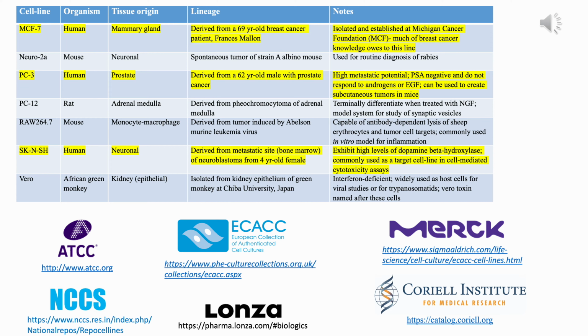So these are all, of course, a very short list of cell lines that I am presenting here, but there are various cell lines throughout the world. People use them according to their research purposes. You can search, or you can also purchase them commercially from a number of sources. A non-profit organization from where you can buy, and many of you are probably familiar with, is the ATCC, standing for American Type Culture Collection.